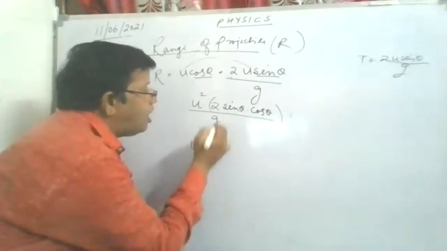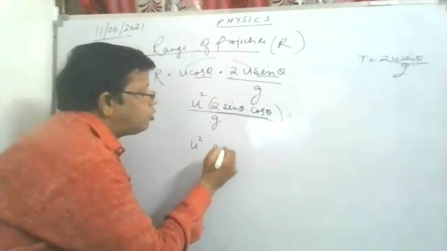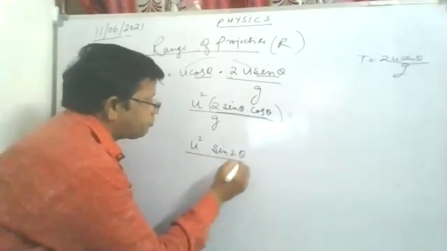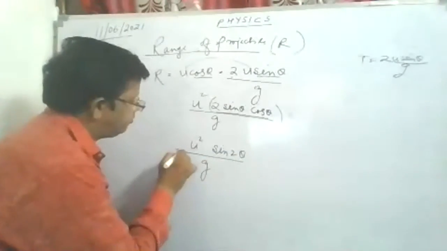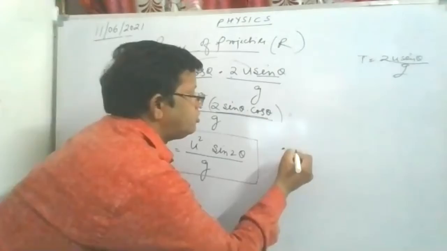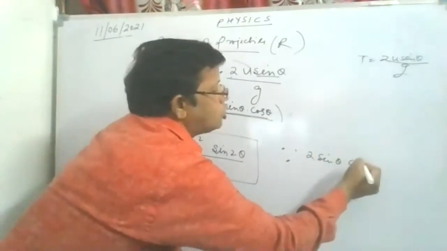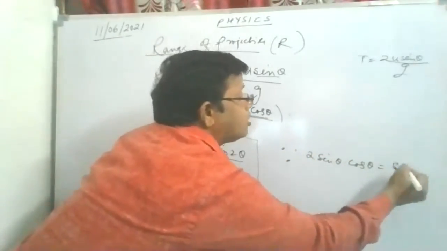There is a formula: 2 sin theta into cos theta is equal to sin 2 theta upon g. This is the formula for range. Write down, since 2 sin theta into cos theta किसके बराबर होता है बेटा, फॉर्मूला sin 2 theta।